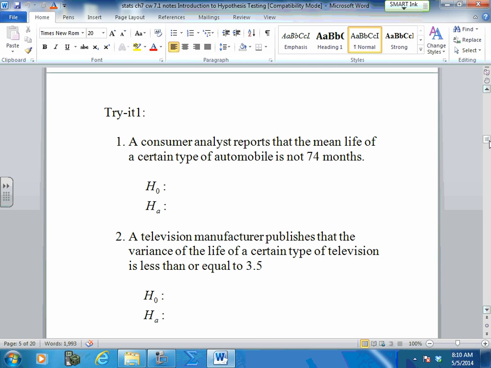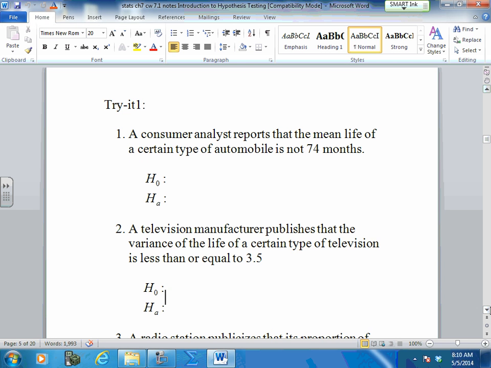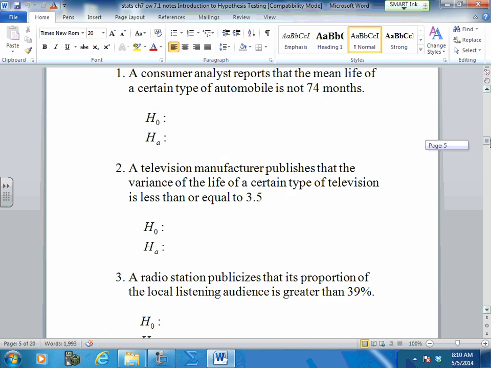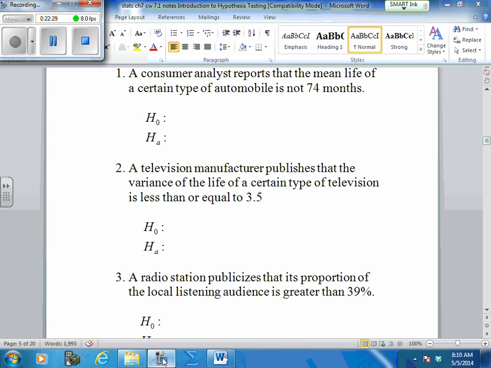On the bottom of page 334, try it yourself, number 1. Okay, you work on this, and tomorrow when we begin, I want to see that